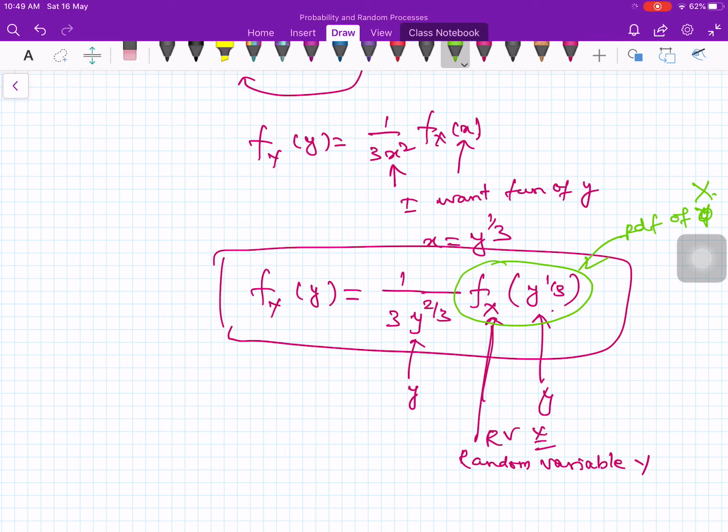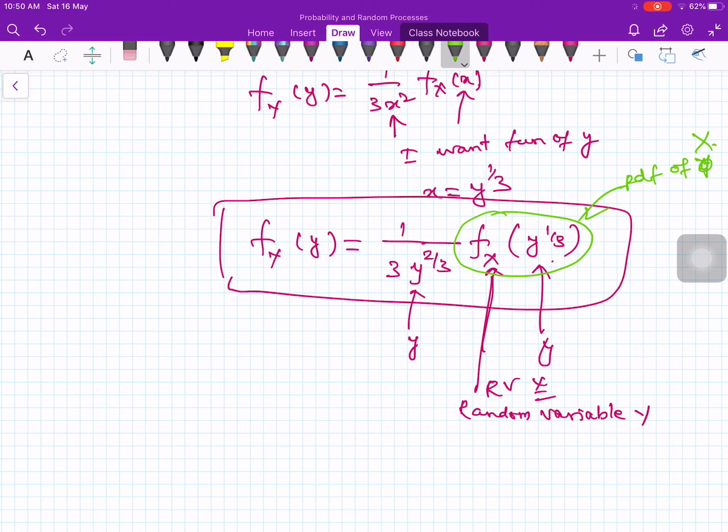And this is the same answer that you would get if you go through the exercise, like first you find the cumulative and then take a derivative. So you end up getting the same answer, but here we get it directly. It's a different method, and directly you can get the answer instead of going through the two-step cookbook procedure. So like this you can do the problem directly. The only condition is the function should be monotonic. That means there is a one-to-one relationship between the two random variables. If the condition is satisfied, then you can go through this formula.